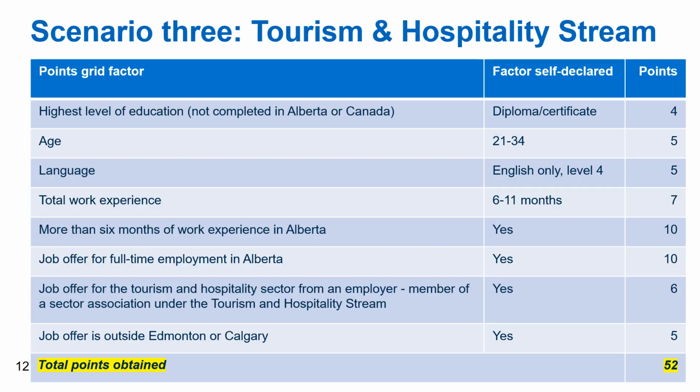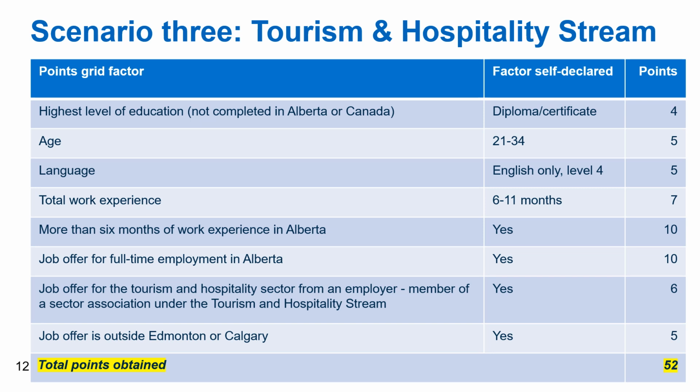In this third sample scenario, we show how many points a person may obtain who may have the most interest in the tourism and hospitality stream. In this scenario, AAIP may invite this individual to apply through a draw targeting prospective applicants using instructions that may include factors such as pathway of interest is tourism and hospitality stream, Alberta opportunity stream, rural renewal stream, express entry stream for family connection or priority sectors, and a minimum of 50 points from their expression of interest, as well as language level of 4 or higher, valid work permit based on a labor market impact assessment, and work permit